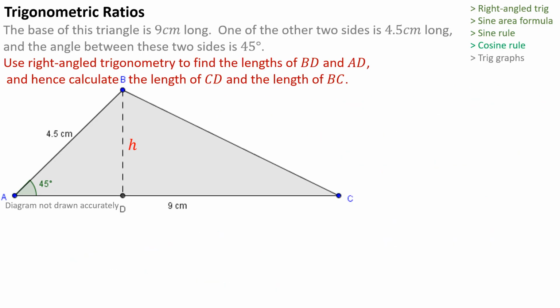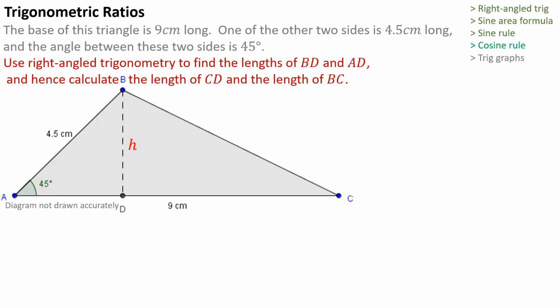For this question, we're looking at the same triangle and we're still interested in the height. That's the key bit that will allow us to connect things together for this triangle. But I'd like you to see if you can work out the length of DC, which is not 9 centimeters. That's the complete length AC. But DC along the bottom,